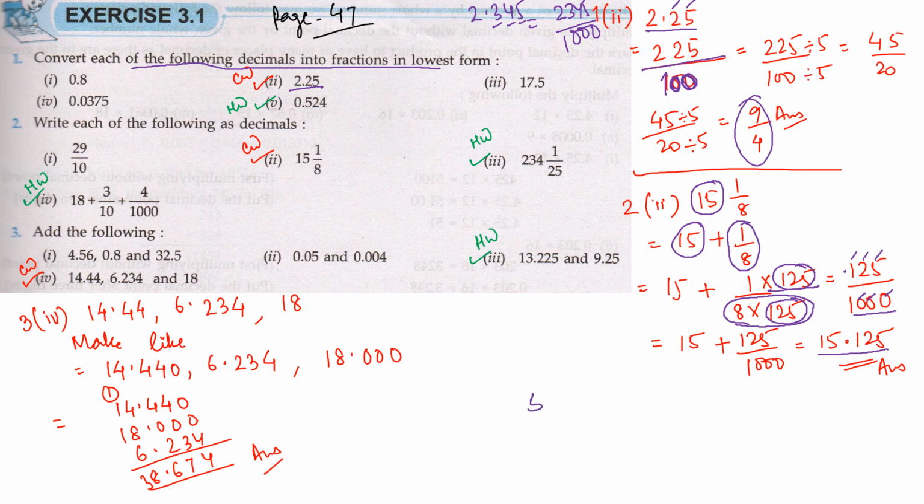See, if I write 5 by 10, so it will be 0.5. Okay, 1 0 will become a point. If same number, you see, if I write 5 by 100, that you will study further also, but I want to give you the basic concept, the rule. So इसमें क्या होगा? 5 by 100, 1 0 will become a decimal.